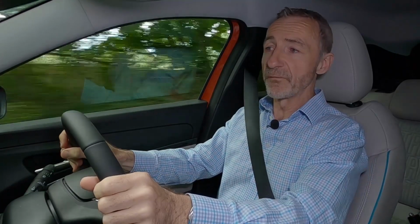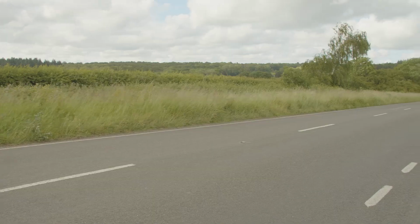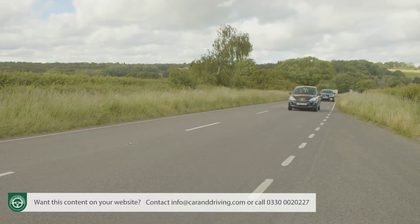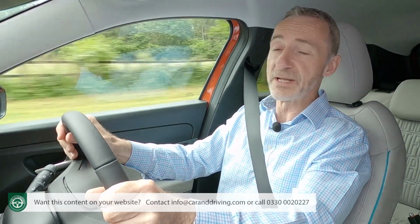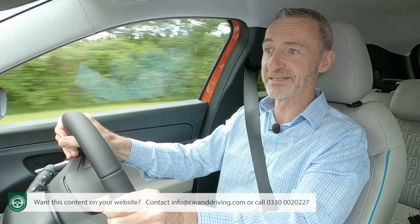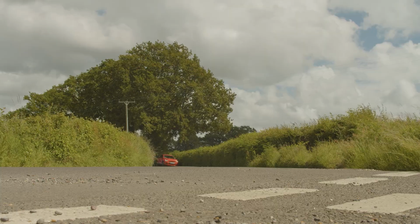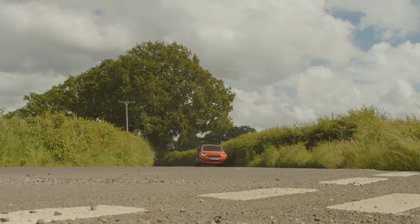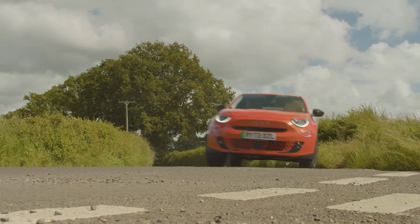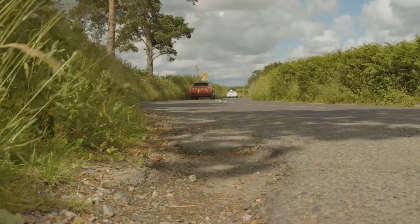To start with though, we'll focus on the 600e EV variant we've been given to try here, which originally was the only version of this model that Fiat was going to sell here before the EV market of course faltered and Turin had a rethink. It is a touch ironic that a car which looks so individual is so derivative under the skin. Beneath this curvy panelwork, almost everything of consequence is shared with another significant, similarly sized Stellantis Group compact EV crossover,